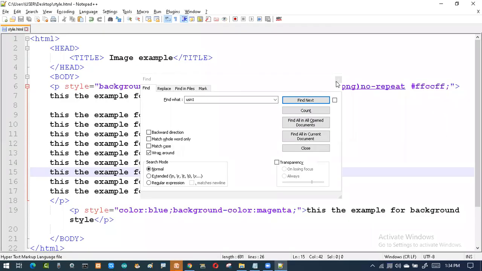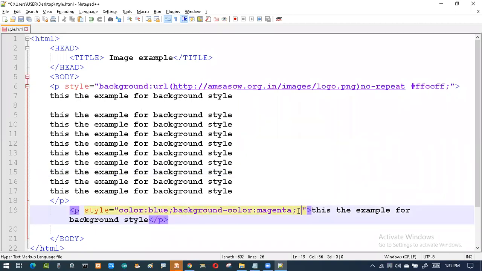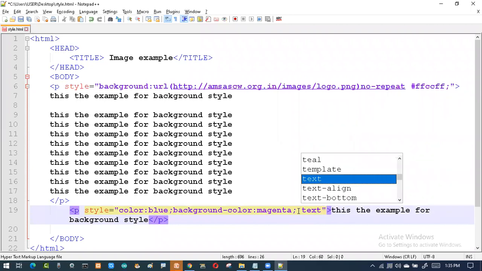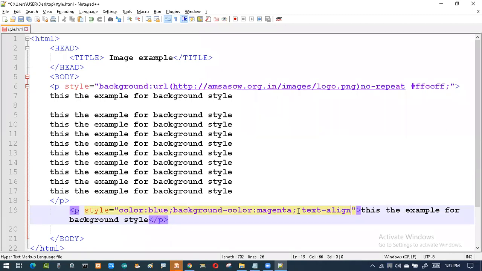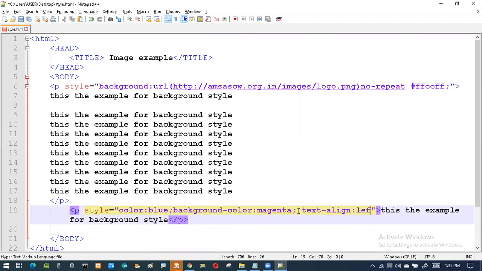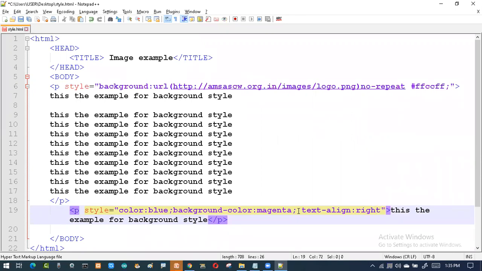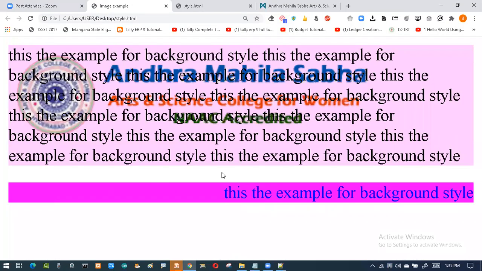Now what I want is the gaps between the letters. So what I'll do here, I'll just say text align. First of all, I'll go with align. Then here I'll be asking, I want this to be on the left, or it is already on the left side, I'll just go for the right side. Then save this, refresh this. Now you can see my output has been coming on the right hand side. So this is the right hand side output.